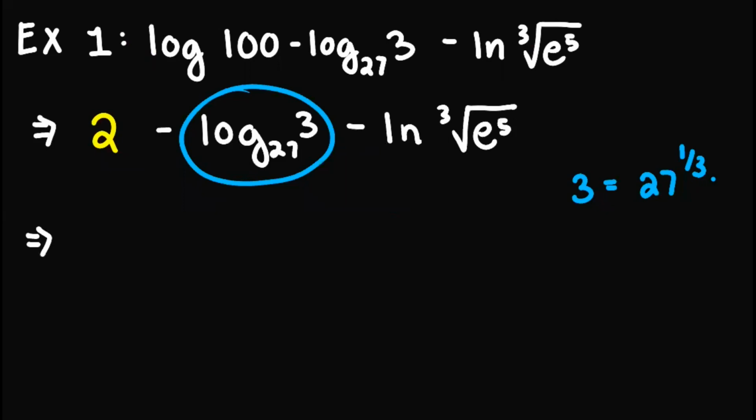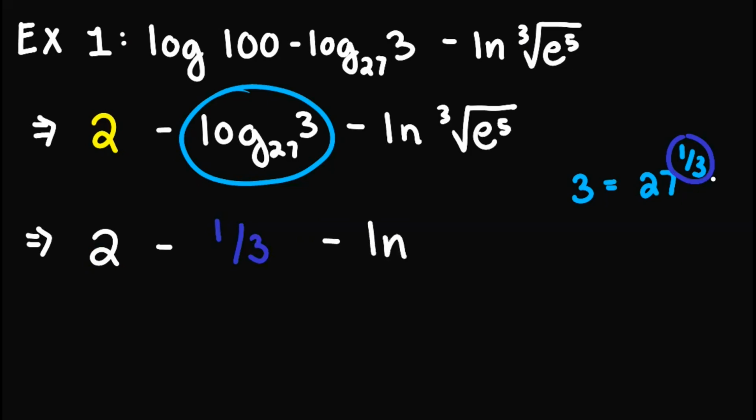Well, note that 27 is equal to 3 cubed. So 3 cubed raised to 1 over 3 will simply give us 3. And since 27 here is already the same as the base of the logarithm, then we know that this logarithm is simply the exponent, which is 1 over 3. So we'll have here 2 minus 1 over 3